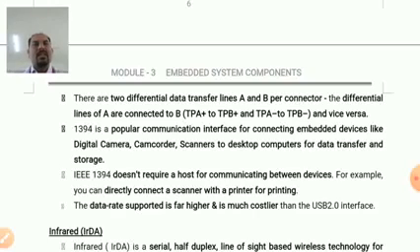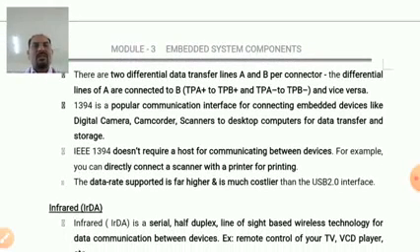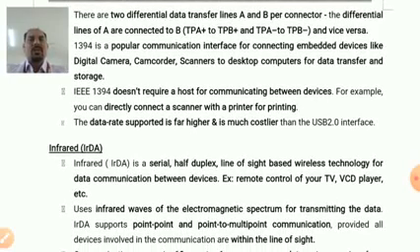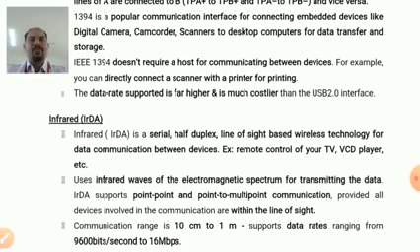FireWire is a popular communication interface for connecting embedded devices like digital cameras, camcorders, and scanners to desktop computers for data transfer and storage. It does not require a host for communicating between the devices. That is, we can directly connect a scanner with a printer for printing. The data rate supported by this is far higher than USB 2, and it is much costlier than the USB 2.0